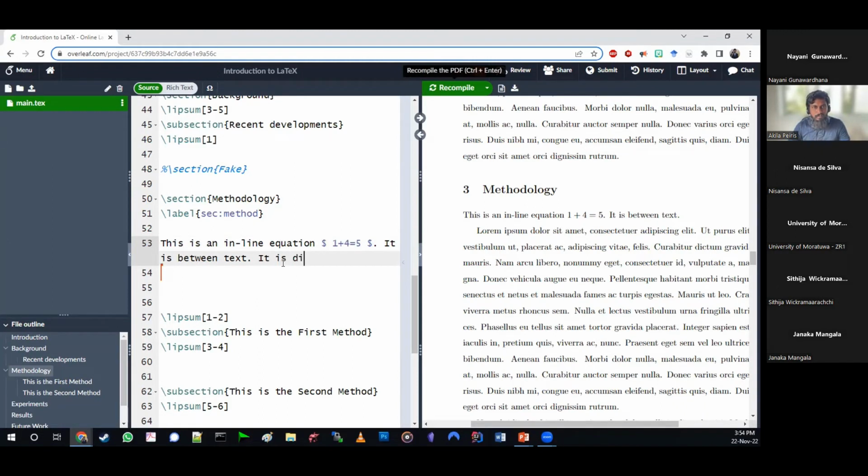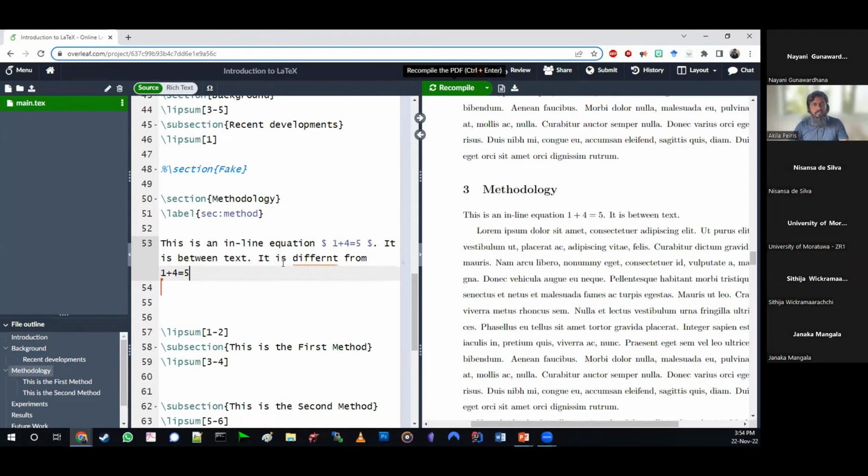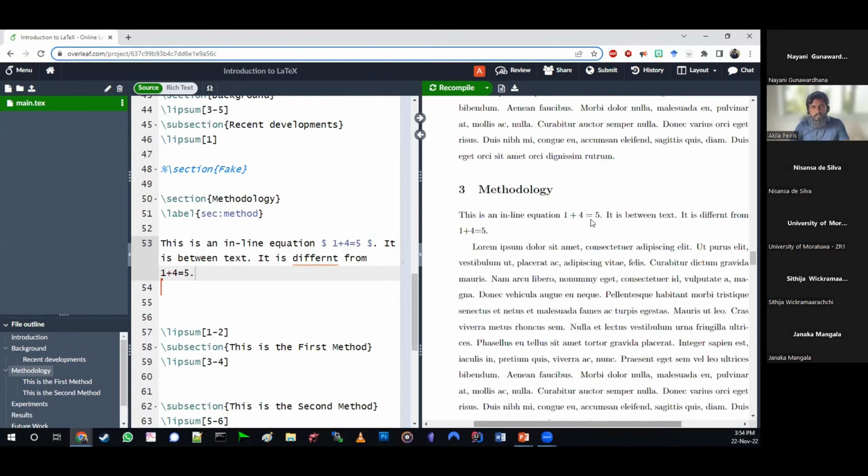It is different from this. So when I compile, you can see this has special formatting on spaces and readability to make it look more like a math equation rather than just typing it freestyle, right?